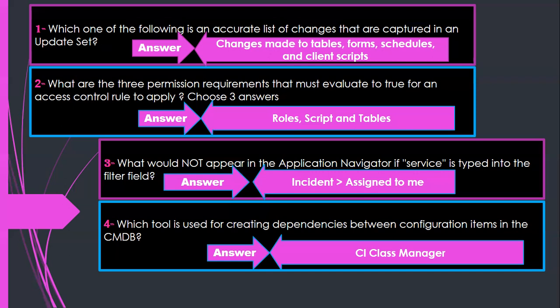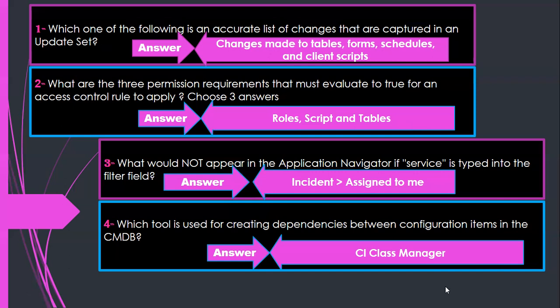Moving toward the next question: which tool is used for creating dependency between configuration items in the CMDB? You know that it's pretty simple.